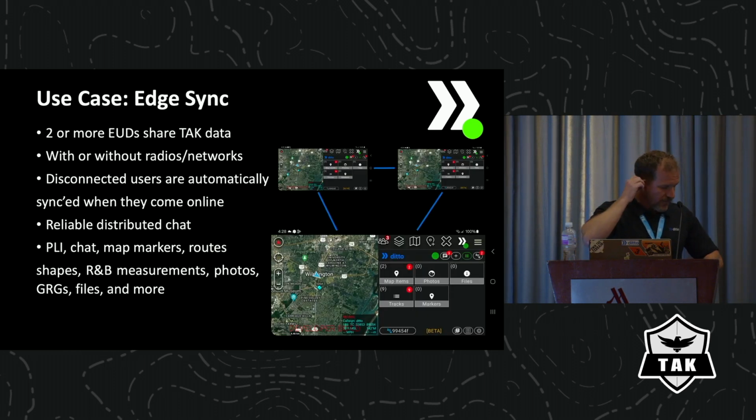So I wanted to run through a few vignettes, a few different use cases for what this technology can be used for within the TAK ecosystem. And the first one is pretty straightforward. You can have 2 devices, 5 devices, really any number of devices that can share content at the edge with or without tactical radios, with or without Wi-Fi access points or internet connectivity. Built into the smartphone that you're already holding is Bluetooth Low Energy, which we can use. It's great for moving chat messages and PLI over